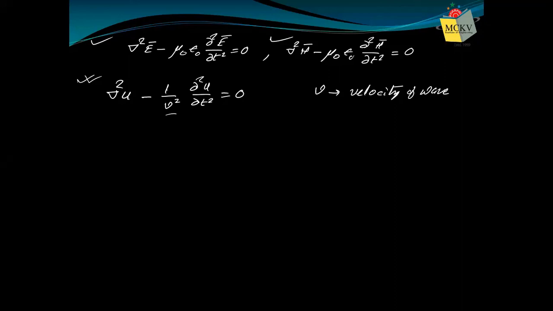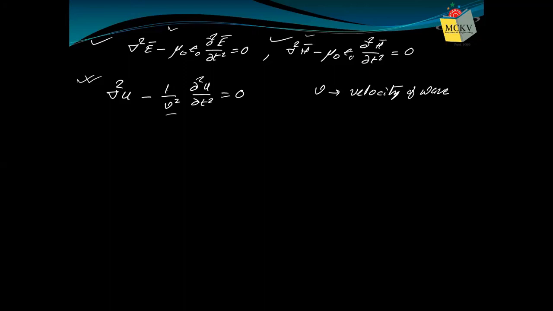We have not used any other equation. Whenever we have obtained this, have we used any other equation? No. We have used only Maxwell's equations. If we started with the third equation, then we used the first equation and fourth equation later on. If we started with the fourth equation, then we used the second equation and third equation afterwards, but no other equation. Therefore, we still observe these equations are very, very similar to the normal wave equations.